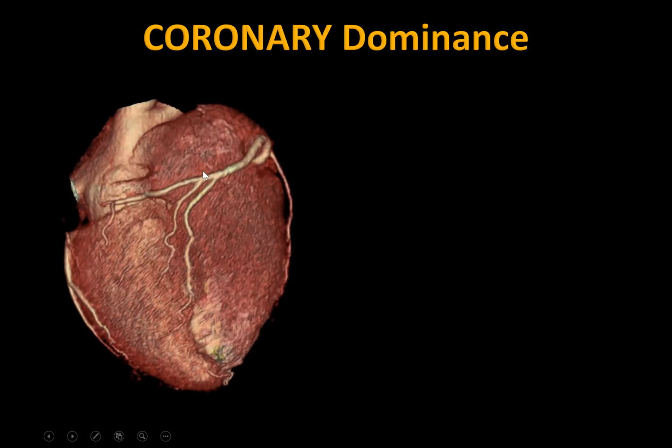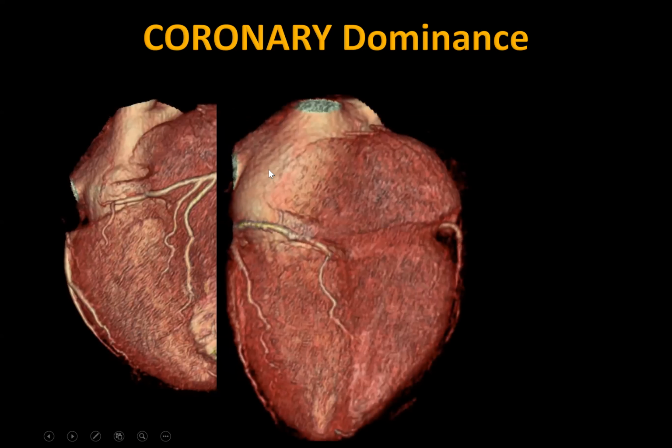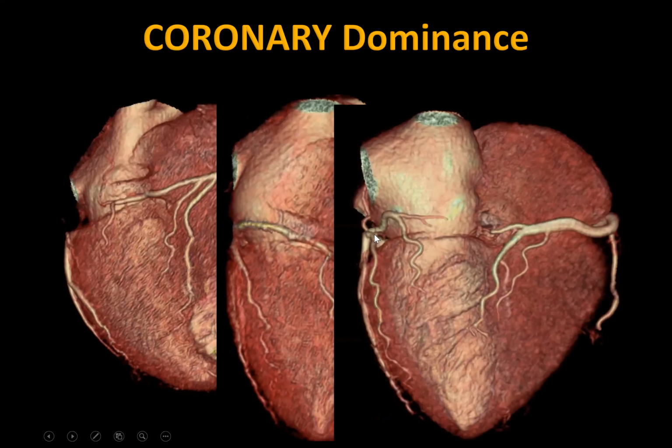Dominance of the coronary artery depends on which artery gives rise to the PDA. In 80 to 85% of cases, the PDA arises from the RCA, the right dominant system, and in 15% of cases it arises from the LCX. In 5% of cases, circulation is codominant, that is, the PDA arises from the left system and the PLV from the right system. But in cardiology, they give importance only to the PDA.